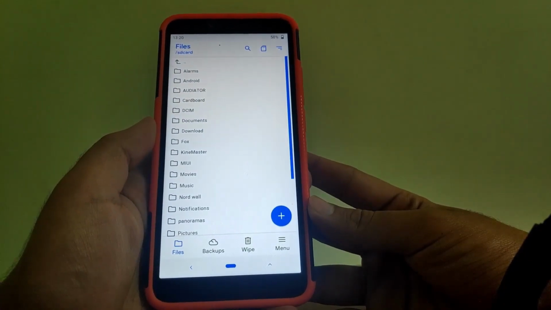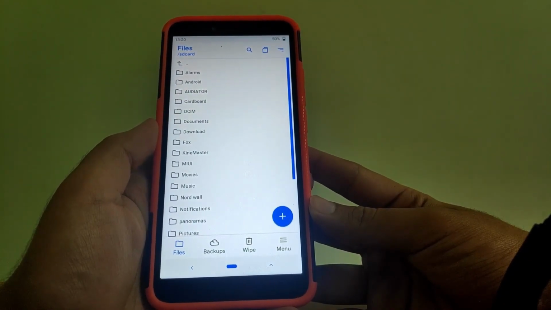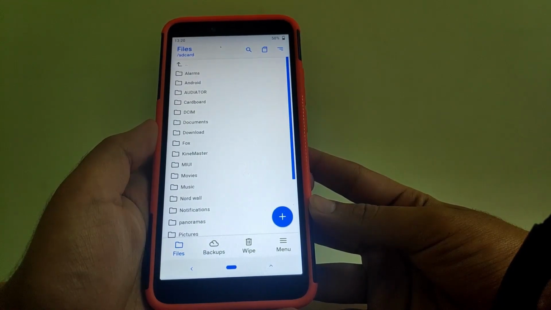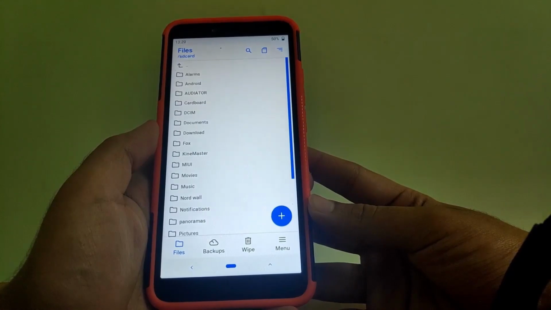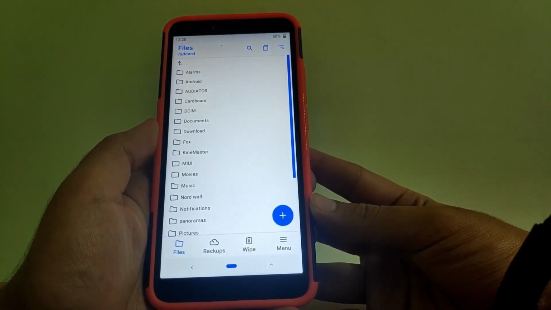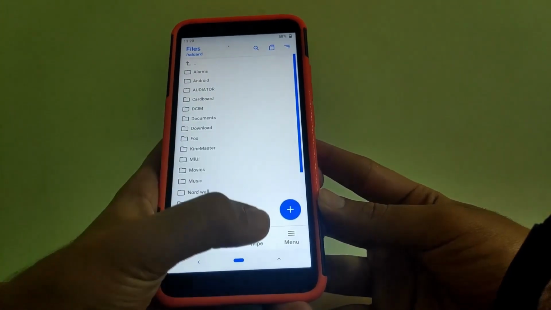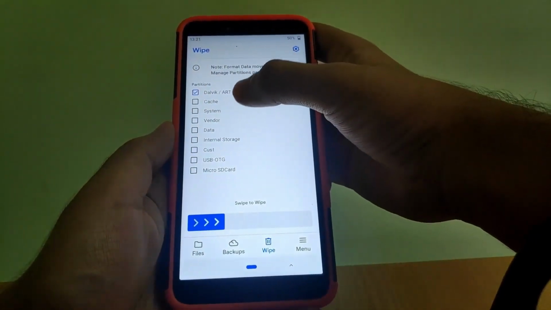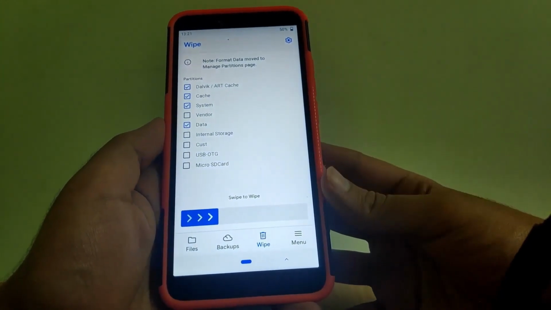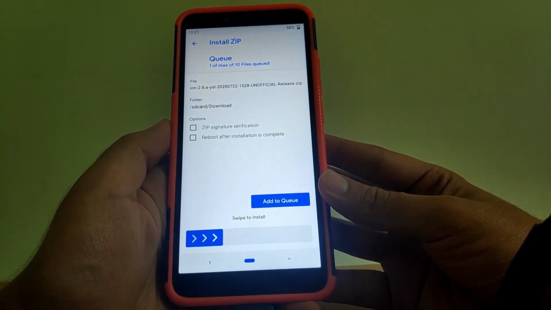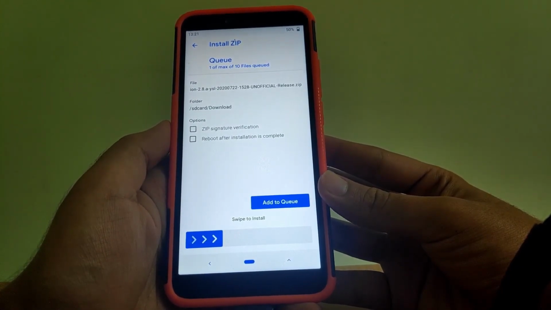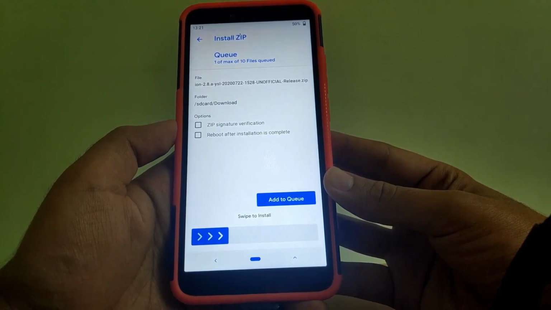So if you want to install IonOS on your device, make sure you download the file that I have linked in the description. GApps is pre-built. So once you have downloaded it, reboot to recovery. Now go to wipe and wipe Dalvik cache, system and data. Once done, go back and browse the file that you have downloaded. The file should look something like this. It should say IonOS 2.8 AYSL. Once you have verified the file, flash it and reboot. You will be rebooted into IonOS.